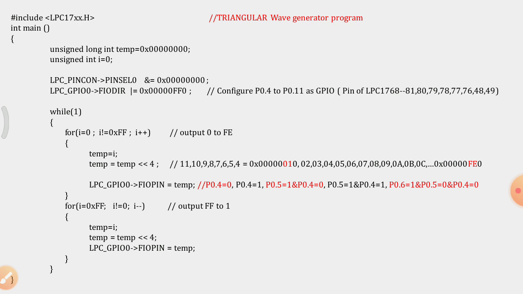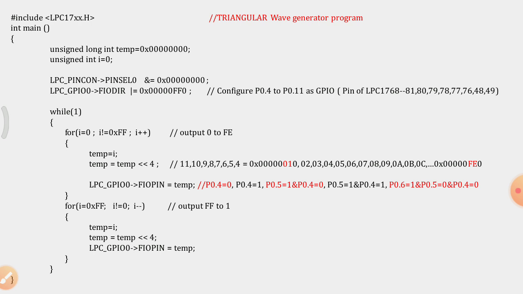So in this first for loop, the value of I is going to increase from 0 to FE, and the same value is put on the output pins, which in turn are connected to P0.26 as the analog output. Now the value of AOUT is going to be increased in series from 0 to FE.